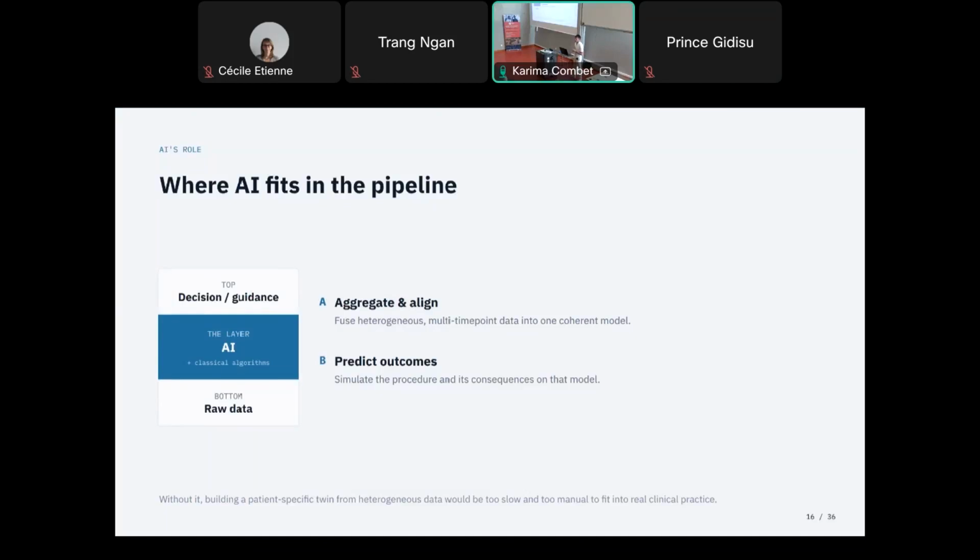There is not only AI in this pipeline, it can be classical algorithms, but AI today is very good to, for example, segment, detect, and reconstruct twins at scale, because it helps a lot to reduce time, because surgeons don't have time before the surgery. They need something very quick, and AI can help us to do this. We can, for example,